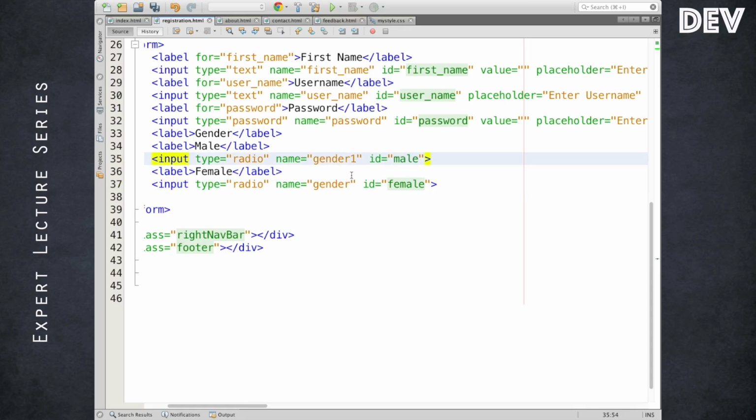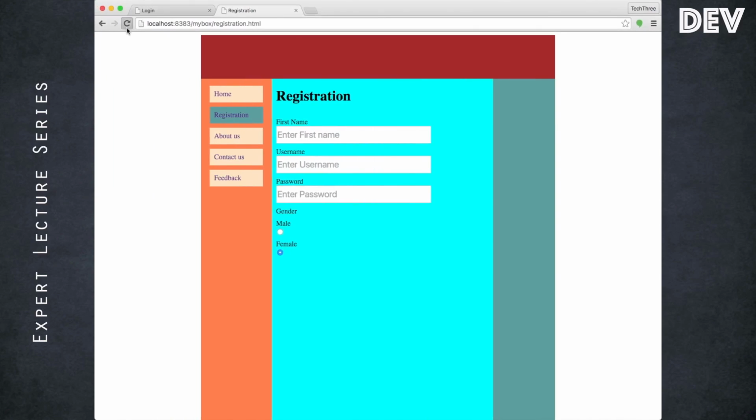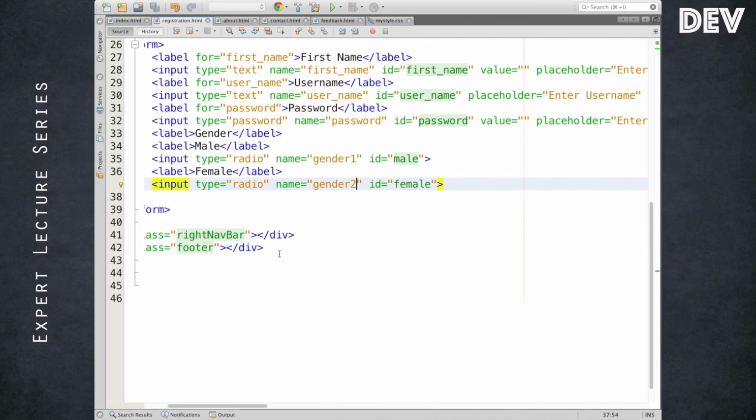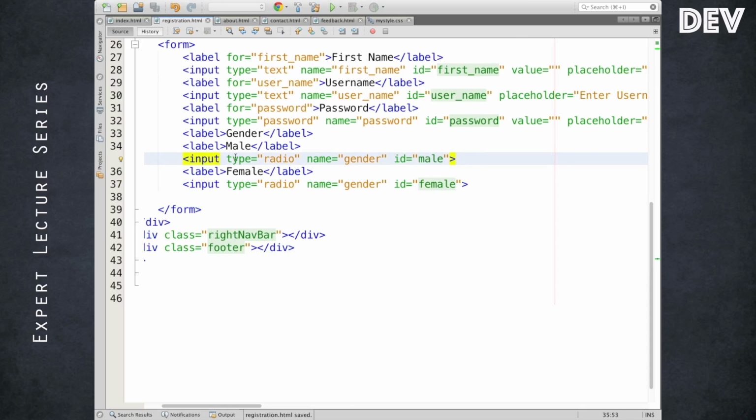Assuming I have a different name, see, both will independently get selected as they are not part of the group. One does not know about the other selection. So if you are using the radio button, use it only when a single choice is allowed, not multiple choices. That's the time the radio button is the ideal choice, but make sure it belongs to a group, male or female in this case.